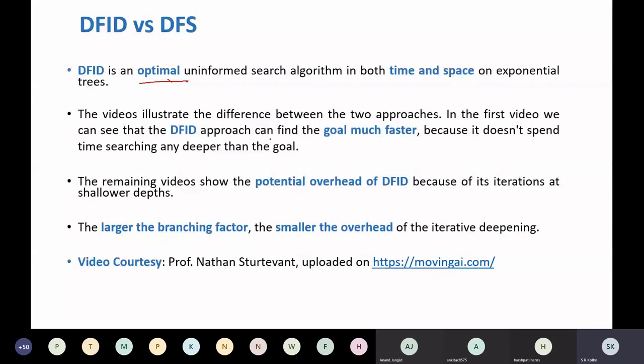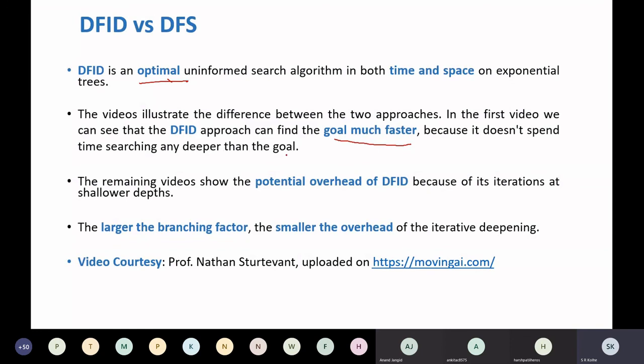Now I will show you a video which will compare DFS and DFID. In the first video, what we will see is that with the DFID approach we can find the goal much faster. Remember this. In the first video you will see that DFID will find the goal much faster because it doesn't spend time searching any deeper than the goal.